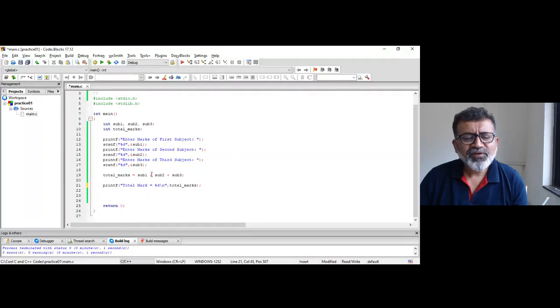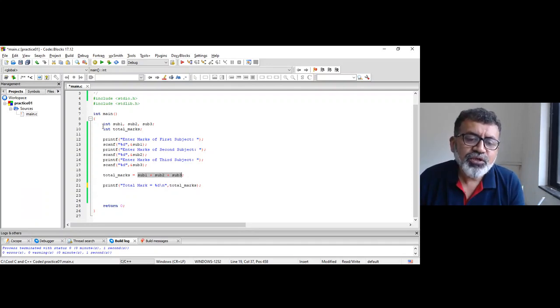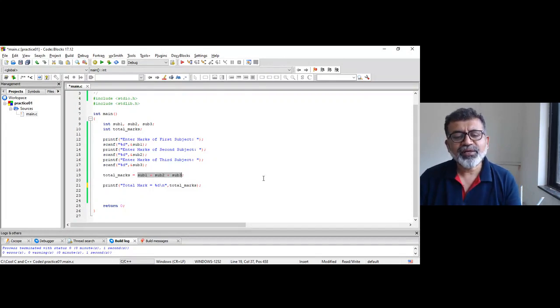Lots of things are there. First of all, this is an expression, an arithmetic expression. I told you, the first part was input and output type declaration. The second part was input output statements. These are input output statements. Third is arithmetic instructions. This is an arithmetic instruction, right?